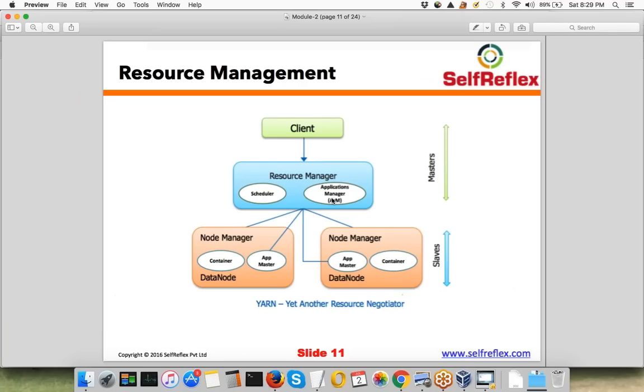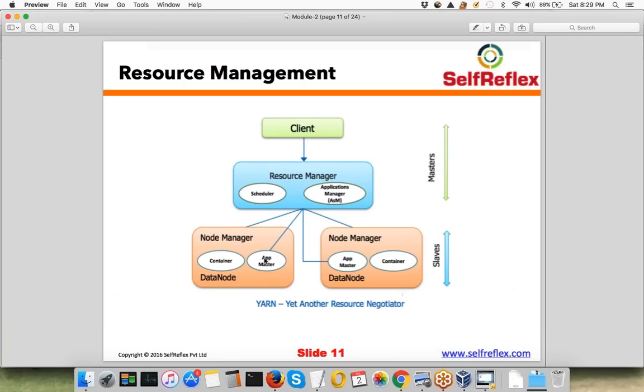Now when your applications manager wants to run an application, it will first talk to different node managers and find one free container. So the first task is to find one free container. Once it has found one free container in the cluster, it will launch an applications master there.